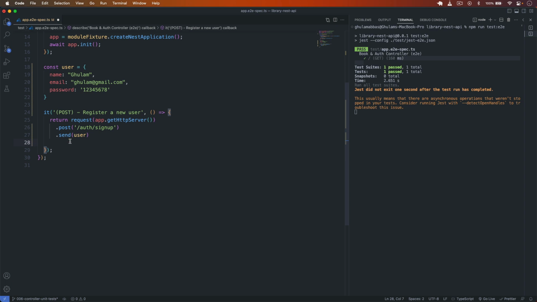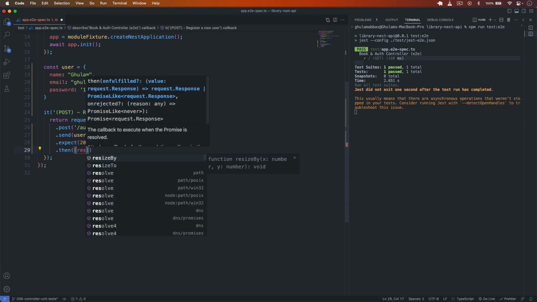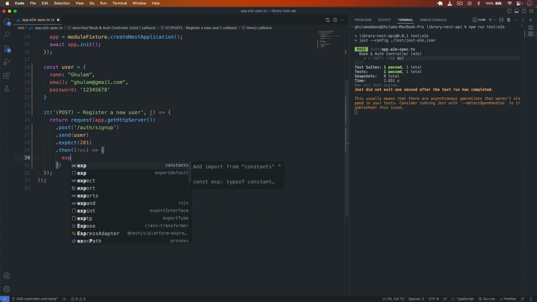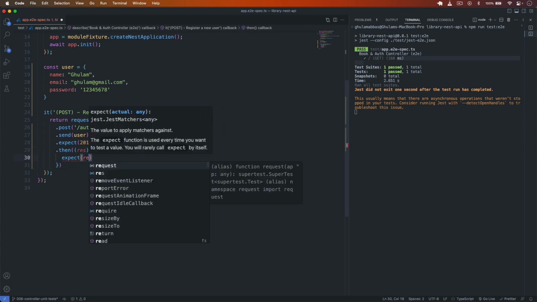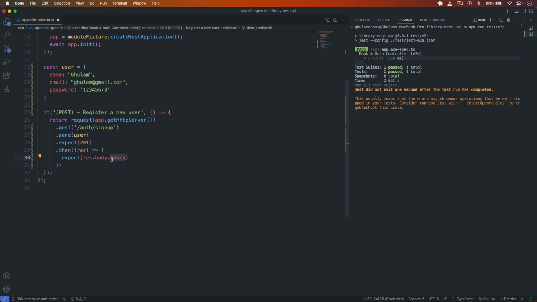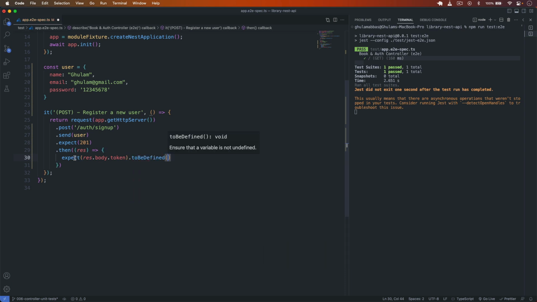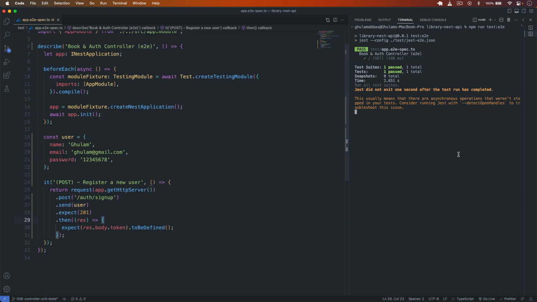Then after sending that, we expect the status code to be 201 Created. Then I use .then, in which I have access to the response I get back. So I will expect res.body.token. We know that we have a token in the body, to be defined. If the token is there, this means that the user is registered successfully and we got back our token. If I save it from here and now test my e2e test,